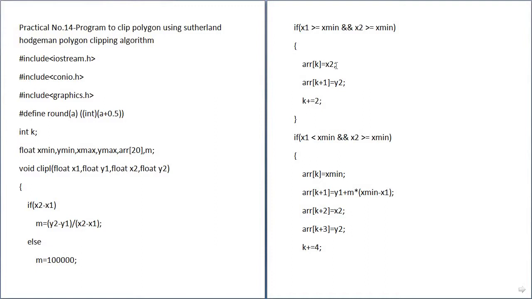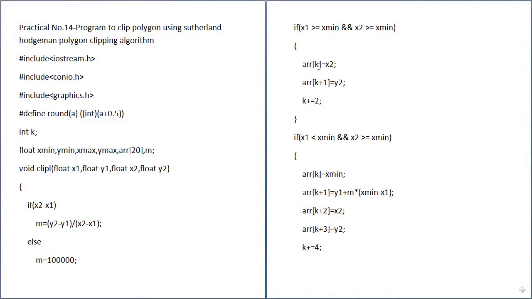And for this condition, that is the polygon we check for outside to inside, and for outside to inside only one value is saved, that is only the x minimum is saved. The first value x1 is greater than or equal to xmin, so this point is completely inside the clipping window.